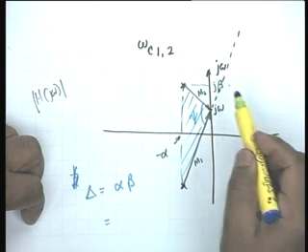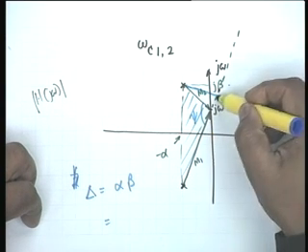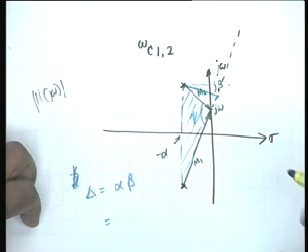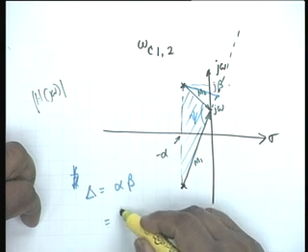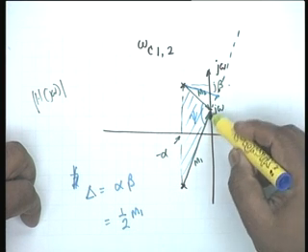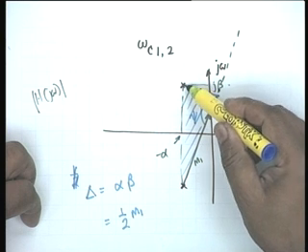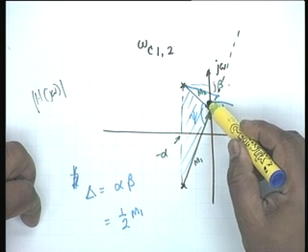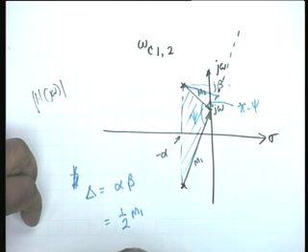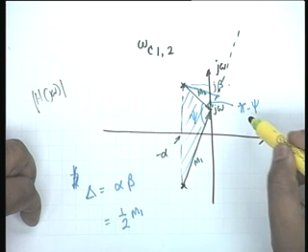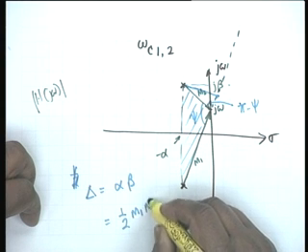Now look at this construction. What we do is we draw a perpendicular on the extension to m1. Then the area of this triangle is half m1, the base, multiplied by height. Height can be found out in terms of m2. This angle is 180 minus psi, pi minus psi, and therefore the height would be m2 sine of pi minus psi, which is precisely sine psi. So this would be half m1 m2.